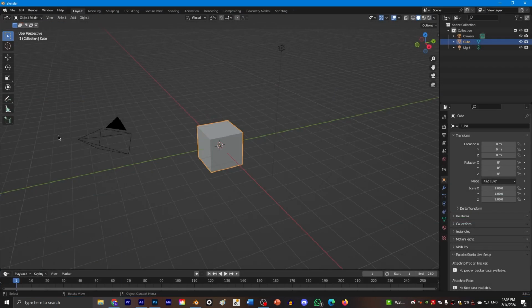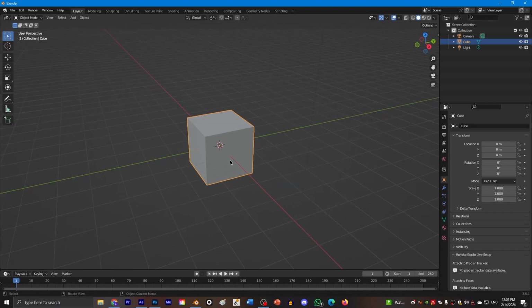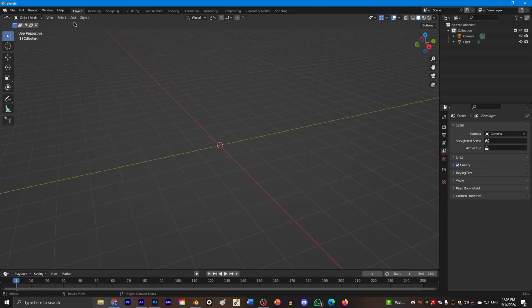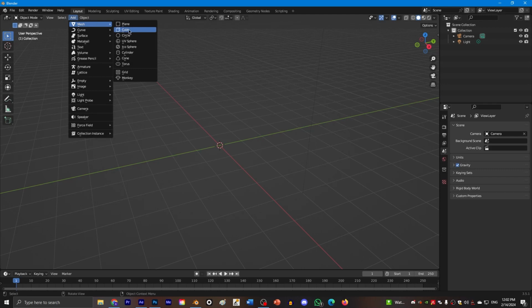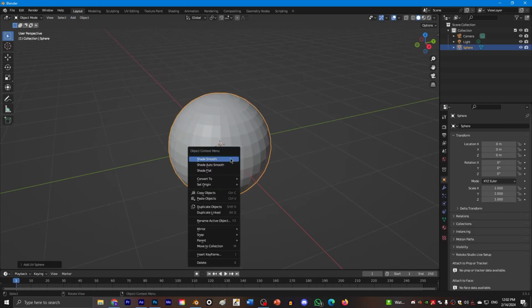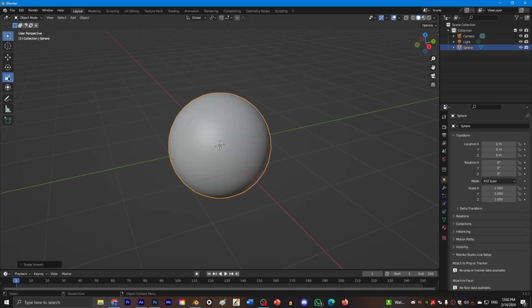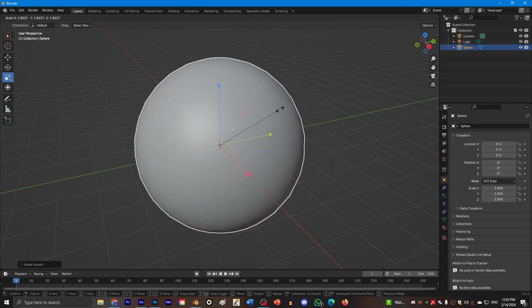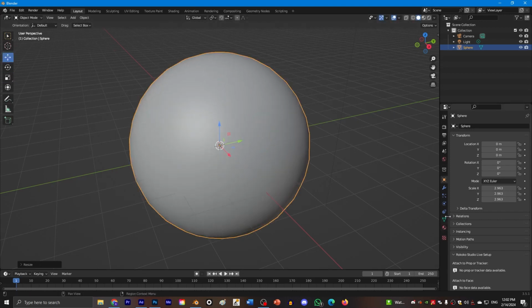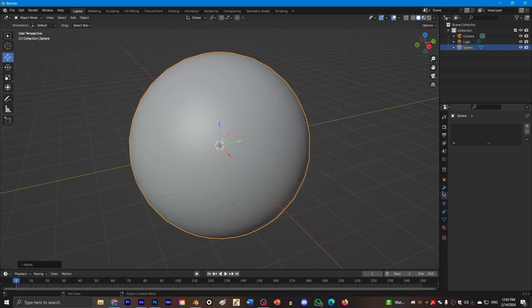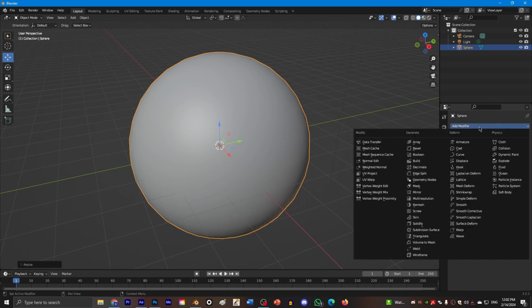Now for the circle that I made for the Catalyst of Change, I used Blender for that. So I'm going to delete this cube and add a circle, not a circle, I'm going to add a sphere. Shade smooth, maybe scale it up, and simply add a waveform by going over here and I add a wireframe.